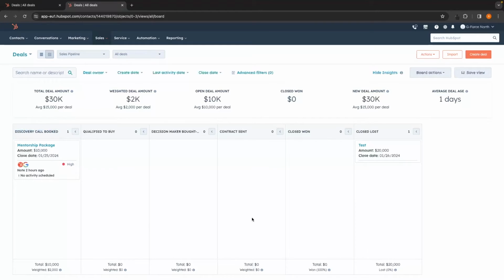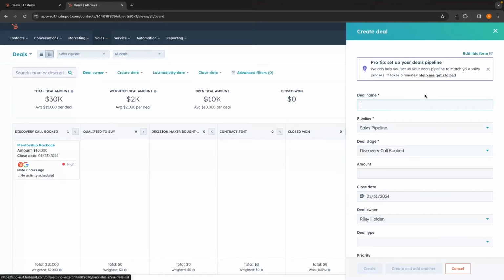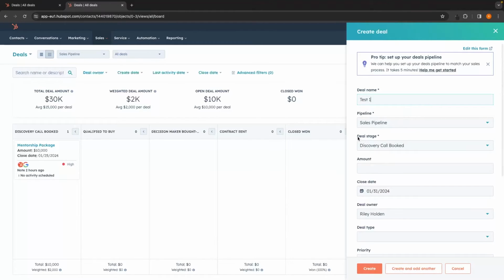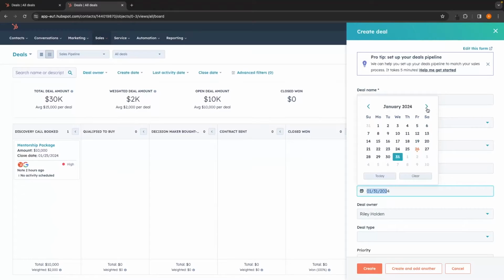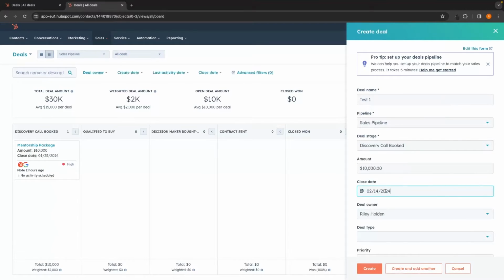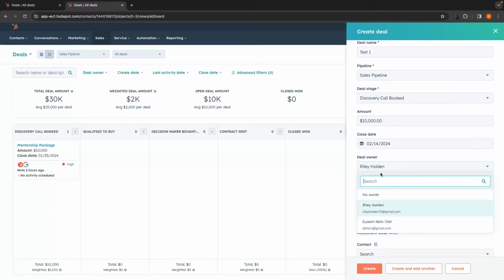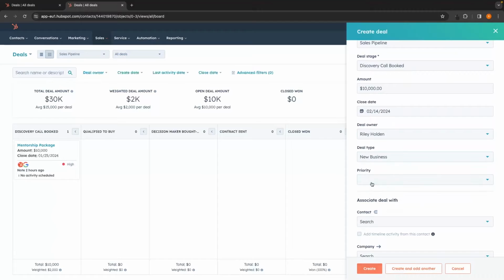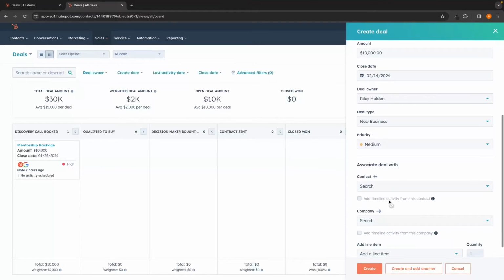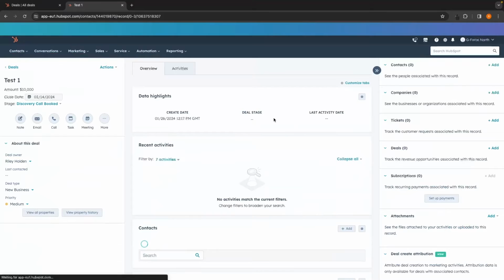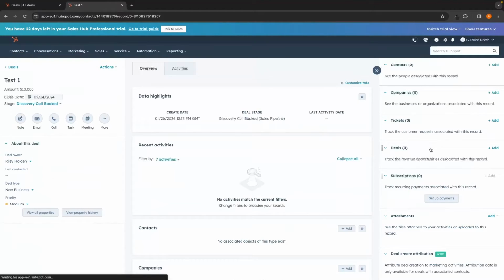We can also add new deals into this pipeline by clicking on create deal in this top right corner and then entering in this deal name. So I will just call this test 1. Then the deal stage, let's set this to discovery call booked. The amount we will set to 10,000. The expected close date we can also change right here. Let's set this to the 14th of February. We can also change the deal owner, so who is going to be taking this call, the deal type, let's say new business, and the priority. From here, we can then click on create, and this is going to take us into the main deal area